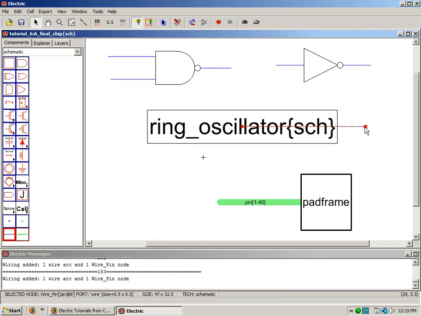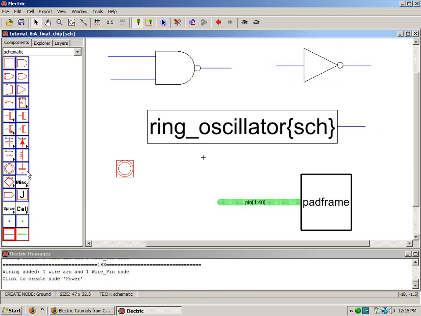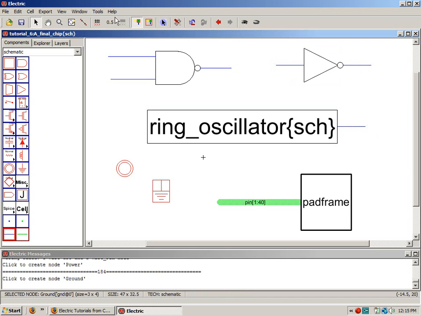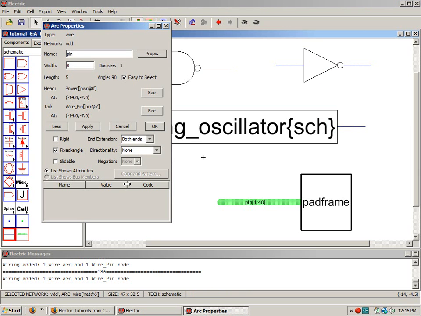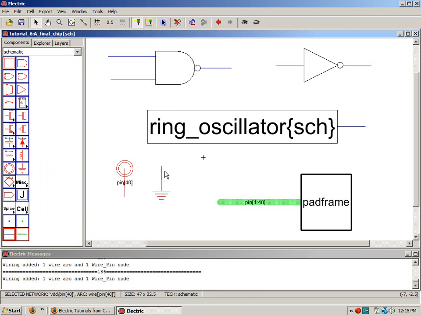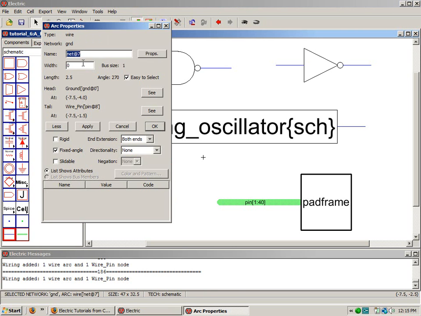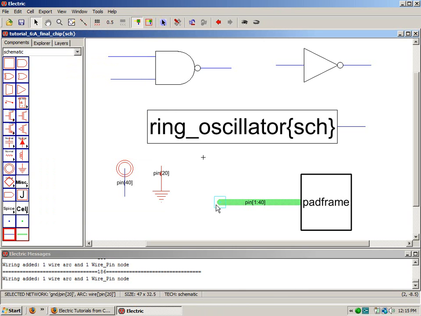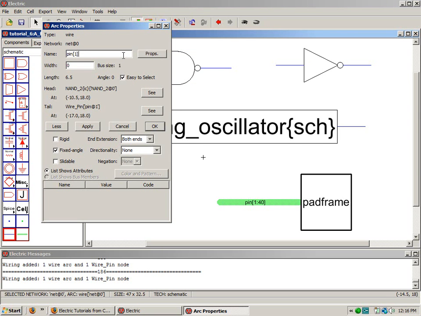Of course, we need power in here too. And so let's drop power and ground. And in that tutorial, we decided we connect power and ground to pins 40 and 20. So let's connect that to pin 40. And that to pin 20. And of course, we could come over here and connect them into the bus, but they're connected just by the labels there. And then here, A goes to pin 1,